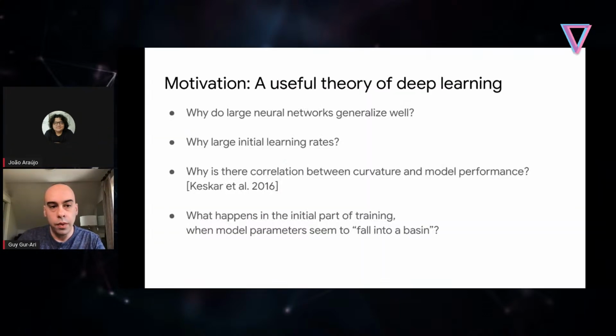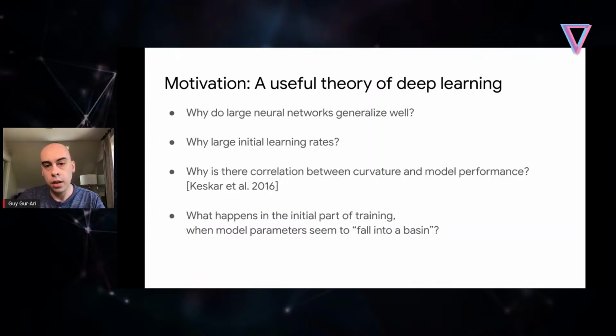Thank you. Thanks so much for the invitation. So let me start with a bit of motivation for this work. The underlying motivation is that we'd like to find a useful theory of deep learning. And what I mean by useful is this should be a theory that both explains the different phenomena that we see in deep learning in practice, but it should also be able to make useful predictions about how we should better tune these networks to perform the task.